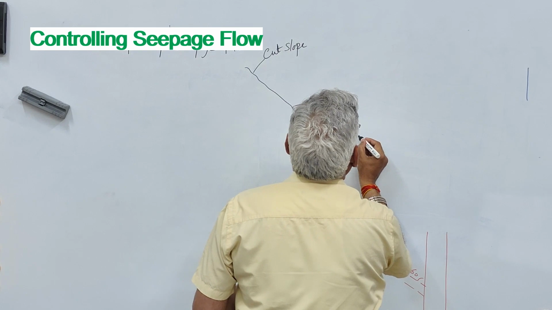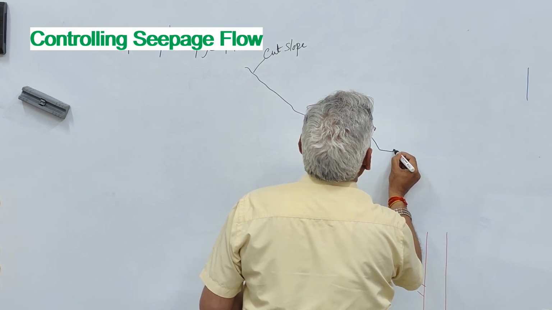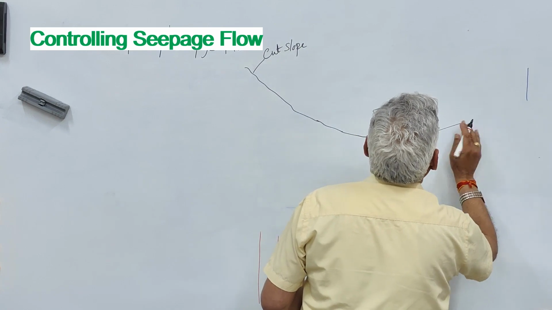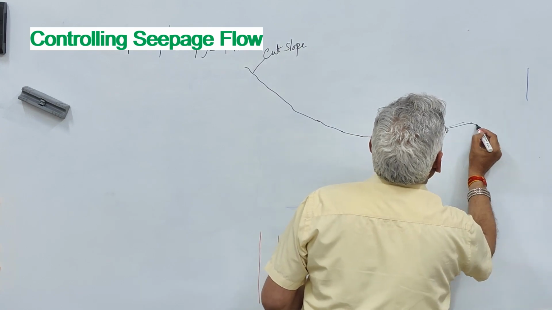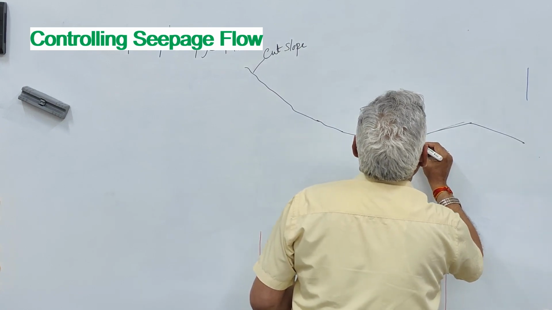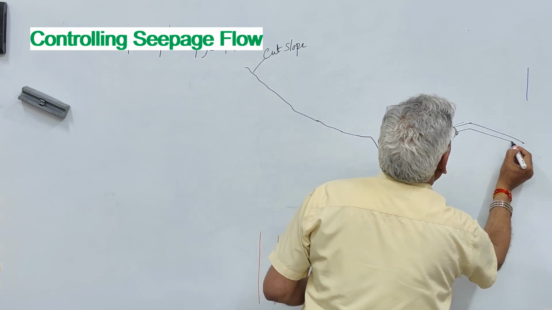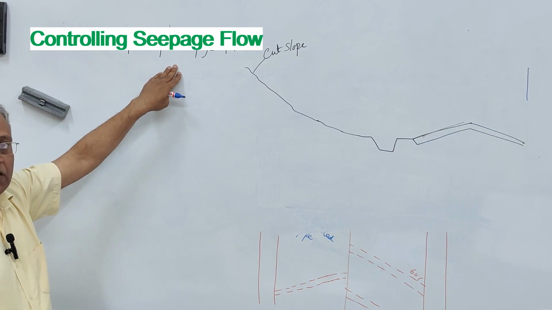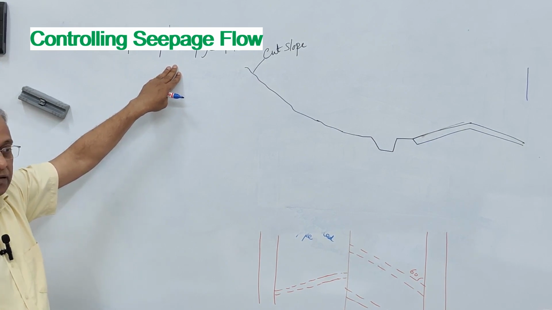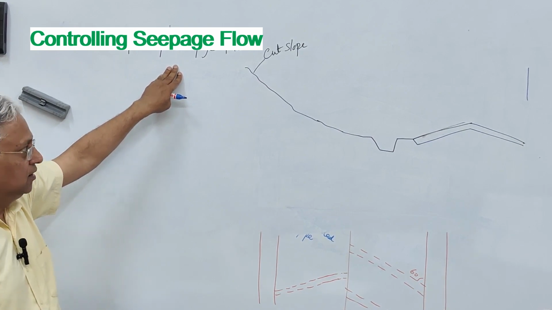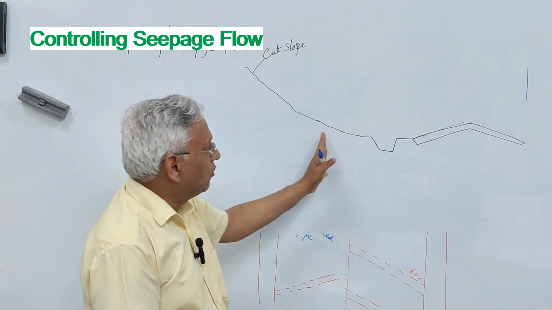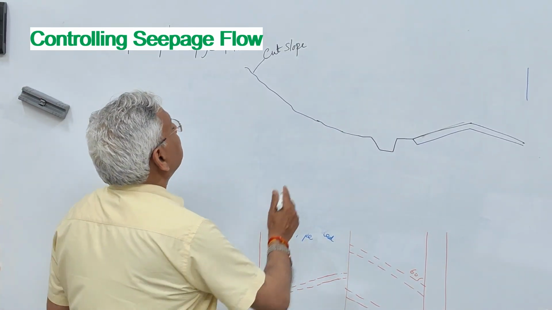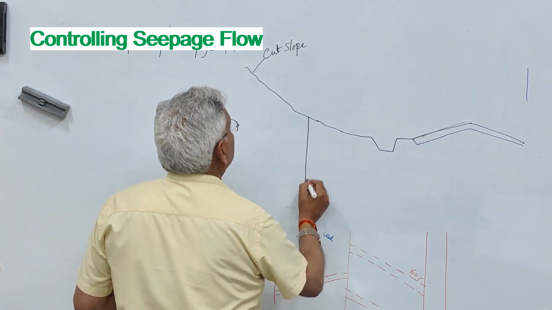Here we provide the drain for the pavement, and that is the pavement. Let us say this is the pavement structure. These drains, to check the seepage water entering into the pavement, are provided well beyond the pavement. Here for example,